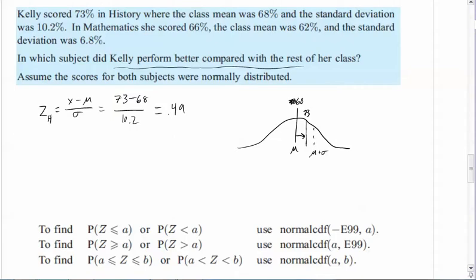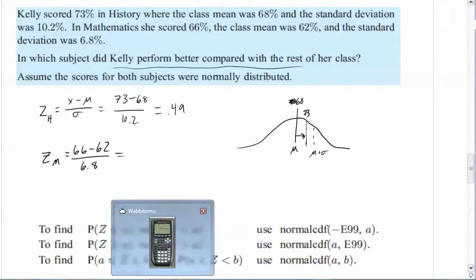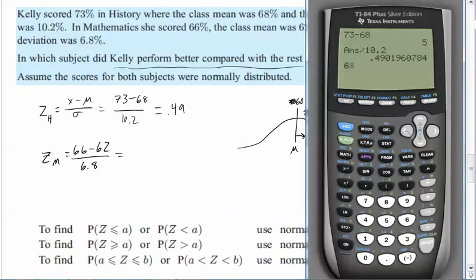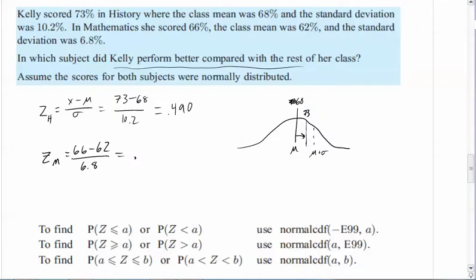So now we'll consider the z-score of mathematics. Again, we'll take her score, which was 66, we'll subtract the average, and we'll divide by the standard deviation. So 66 minus 62 divided by 6.8. And we get 0.588, which means the z-score